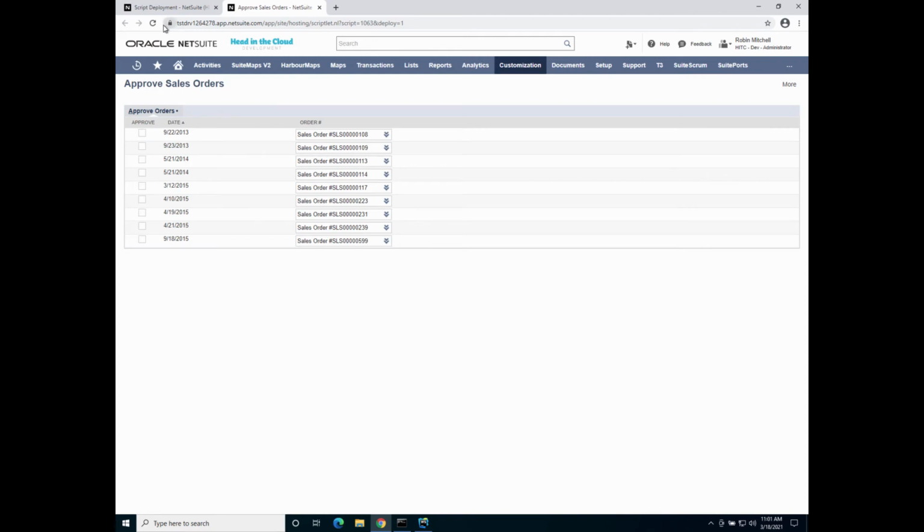Okay, let's refresh our page here. Uh-oh, great, now we have an error. Now this is one you might see very often when creating sublists. It's telling me that sublist.setSublistValue is missing a required argument, the value attribute. And if we check what line of code it's happening on,